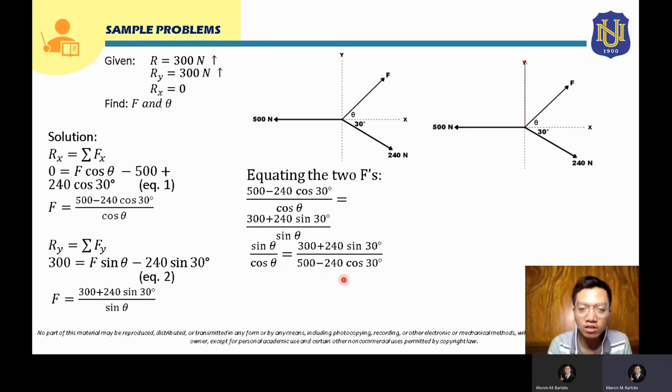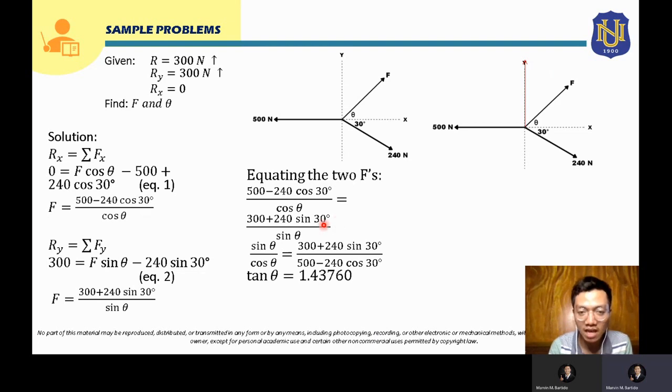So from here, we know that the value of sine theta over cosine theta is equivalent to tangent theta, right? So rewriting that as tangent theta and solving this 300, let's input that in your calculator. That will be 300 plus 240 sine 30 degrees over 500 minus 240 times cosine 30. So that will give you